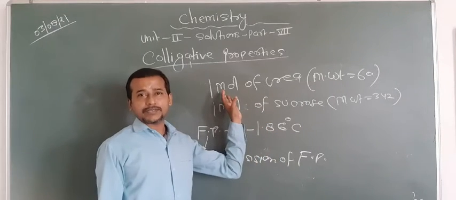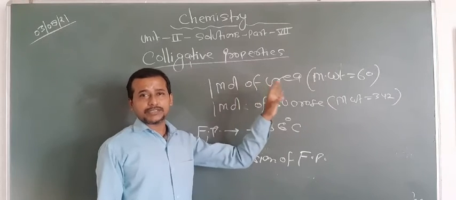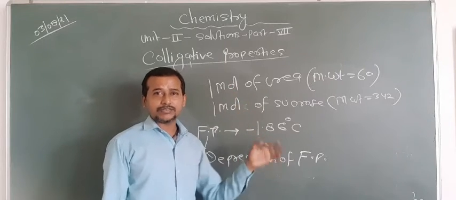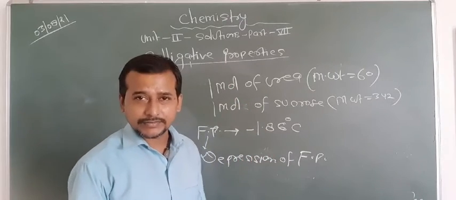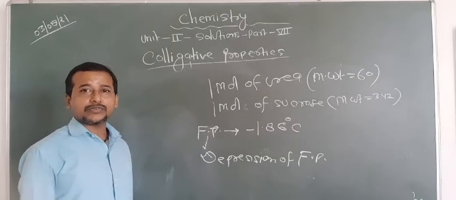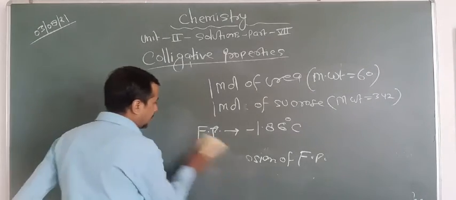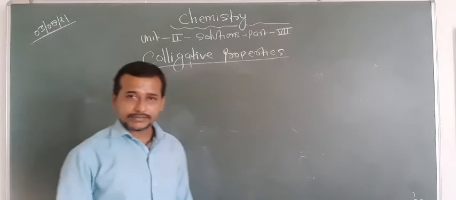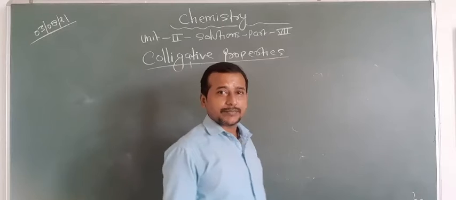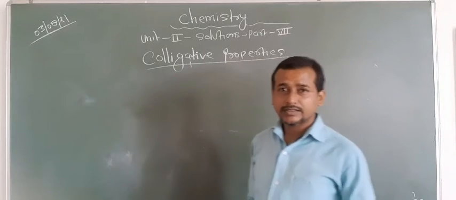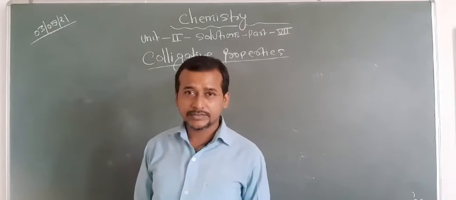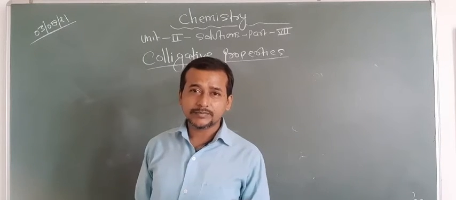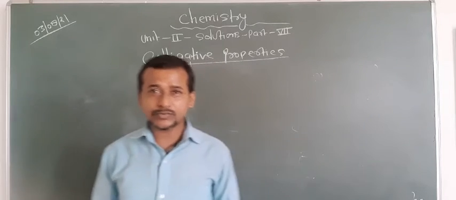1 mole means how many particles are there? 6.02 times 10 to the power 23. They have the same number of particles. So that's why they only depend upon the number of particles. Okay. So these things you have to know about the colligative property. Now let us focus on some more important points regarding the colligative property. Basically, from this property we can calculate the molecular mass of the dissolved solute. So this property helps in the calculation of what? Molecular mass of solute. Are you getting this point or not?